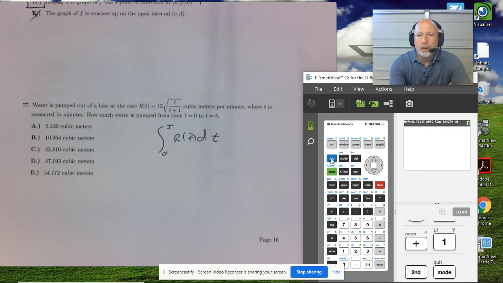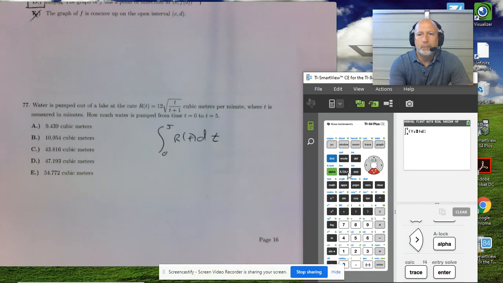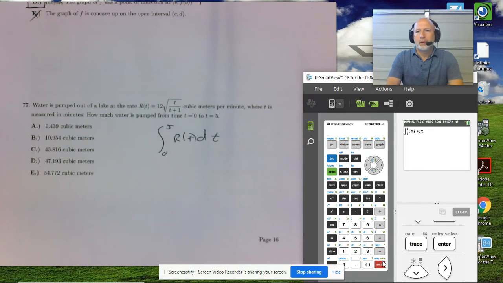So I'm going to go math, and all the way down is 9. We're going to integrate from 0 to 5 of that function. Now we've had that function entered in there, and it's in the y is equal to page. So you can access the variables there by going alpha, f4, f4, right? Yeah. And there is y1. And then I just go with respect to x. Okay. And that should give us the correct answer of